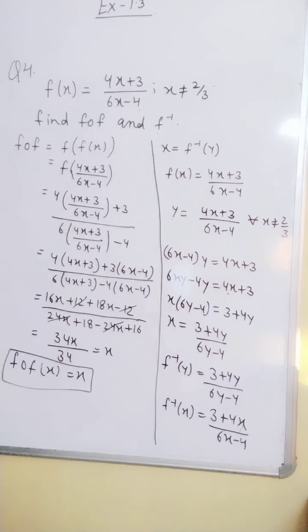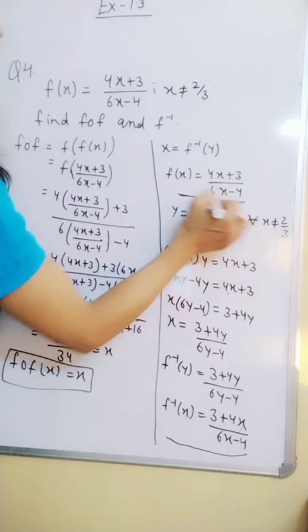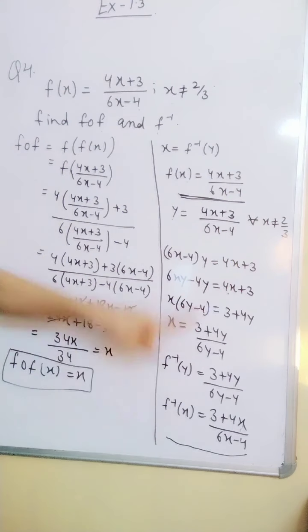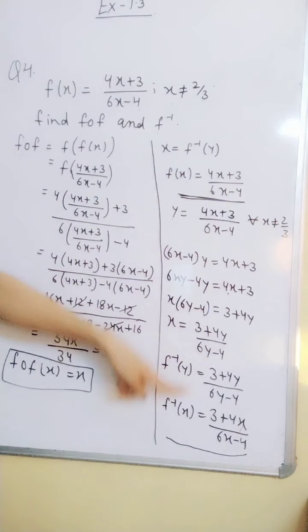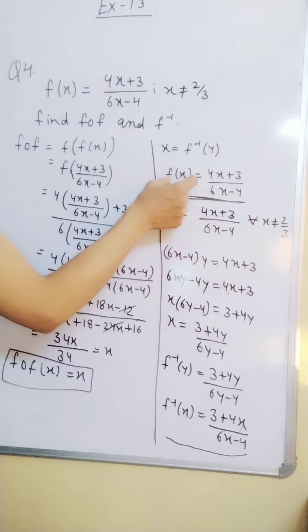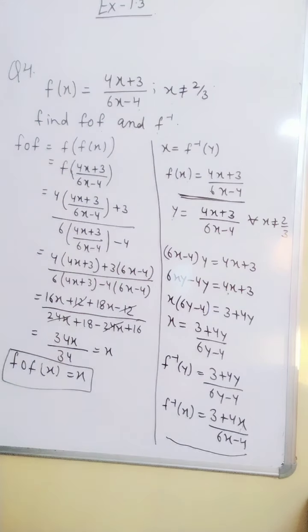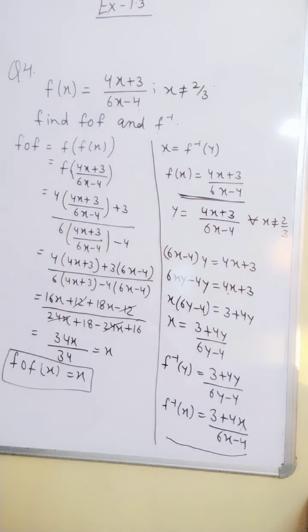Now what are we getting here? That f inverse is equal to f(x). f inverse is equal to f(x). You can see that f(x) is equal to f inverse. They both are equal. It means what? That the inverse of this function is itself. The inverse of f(x) is itself, right? f is its own inverse. So this is how we solve questions of inverse and composition, right?